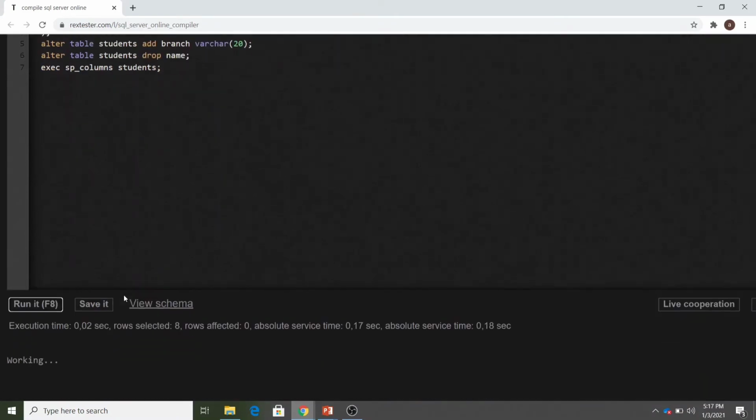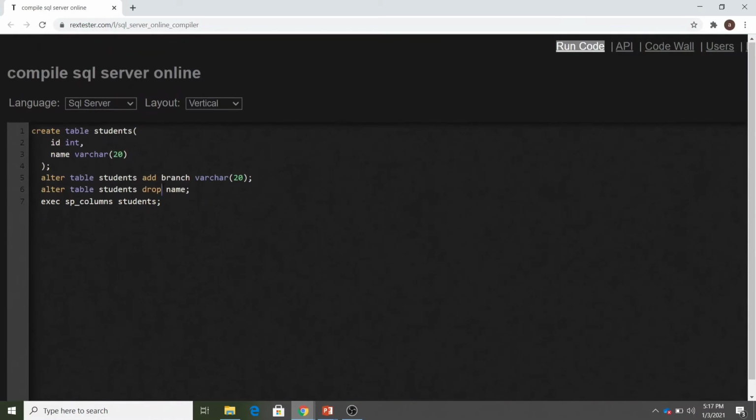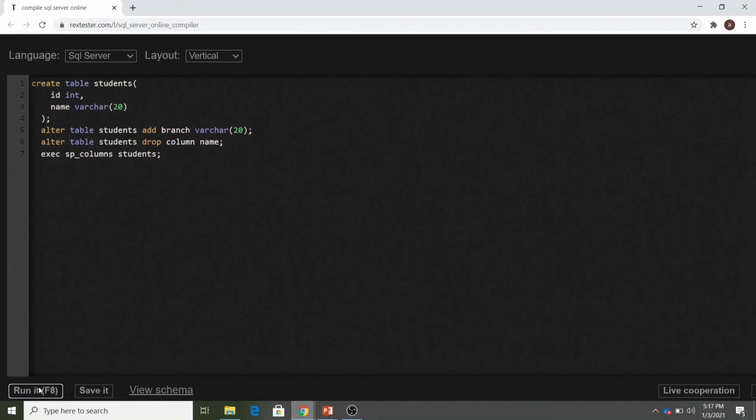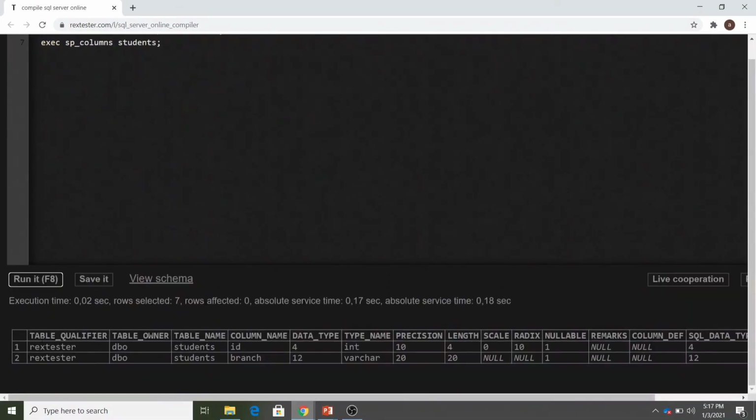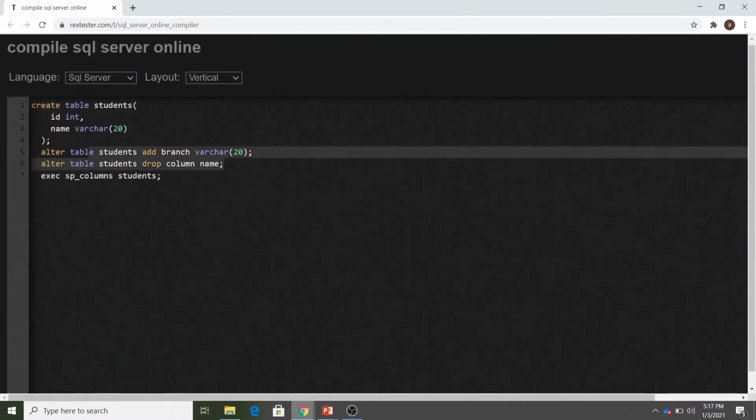And if I run this one, this is giving me an error. Okay, so here I have to mention whether we want to drop a column or not. So here I have to mention column according to my example. So yes, this should work now. Yes, it is working. Now you can see that our fields have reduced from 3 to 2, and the name field has been deleted. So now let me just remove this command. You have seen how it is working.